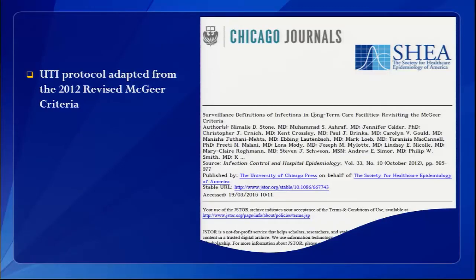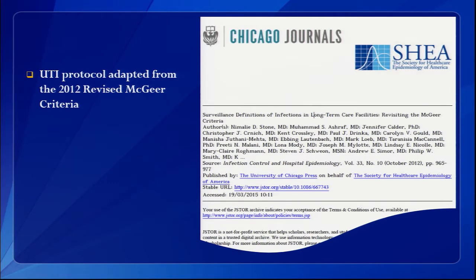The UTI protocol was adapted from the revised McGeer criteria, the 2012. So if you're interested in any of the rationale for some of the protocols, especially the UTI, I would say review this article. It has great information.